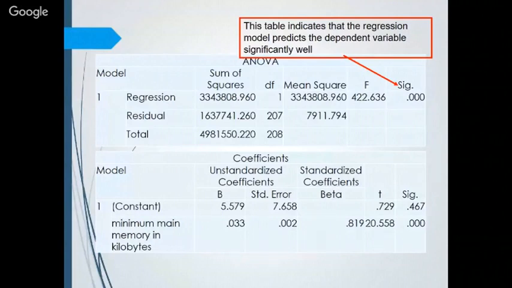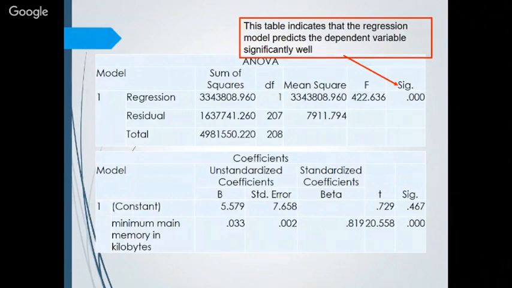First of all, we have to check the percentage of variation explained using the R-square value. Second, we have to check the ANOVA results, the significance of ANOVA. If it is less than 0.05, we can go ahead with that. And the last part of the list of results is the coefficients.